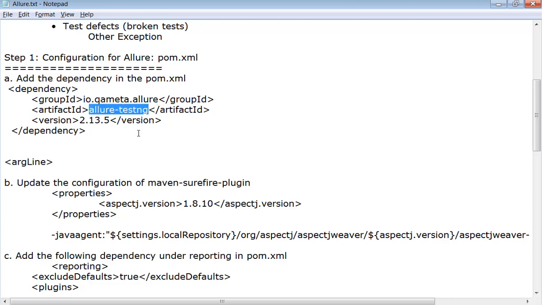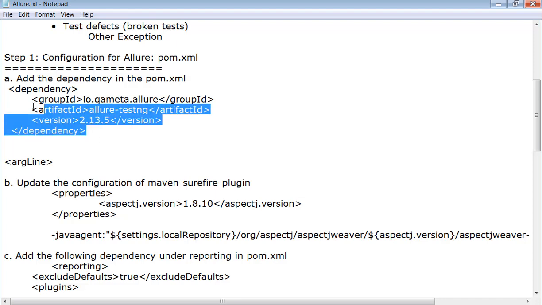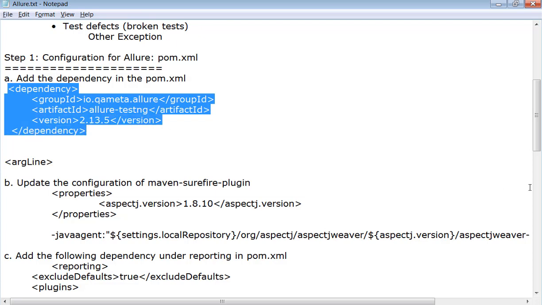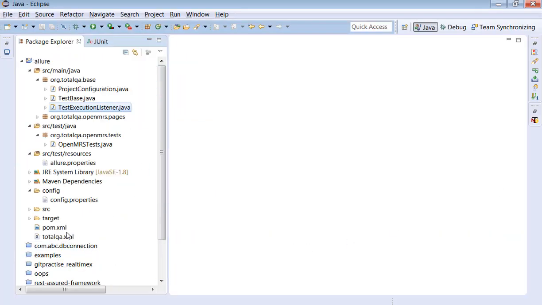Right now we're integrating the Allure framework to generate reports for TestNG test cases. So that's the reason we are downloading a dependency related to allure-testng. The latest version is 2.13.5. This dependency is already added in the pom.xml file.